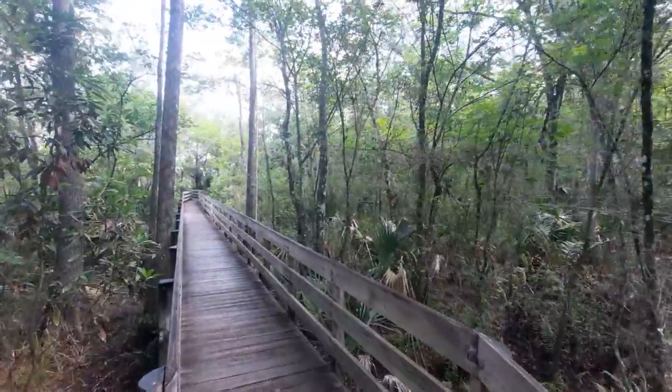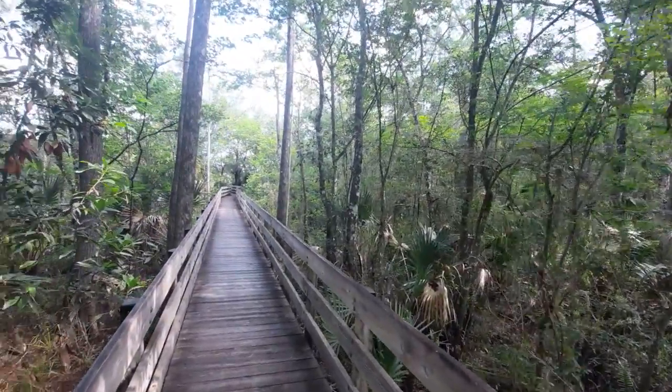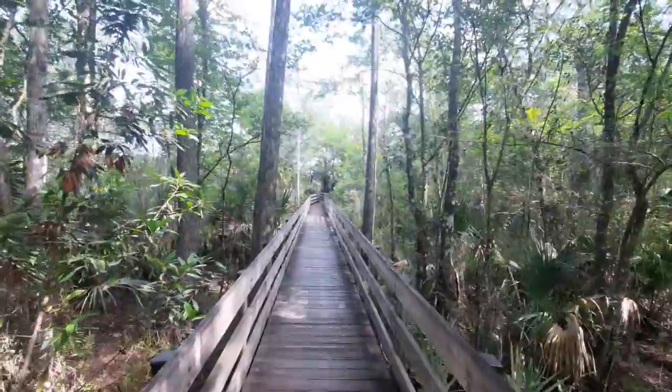It is Sunday, April 17th, 2022, and today I'm out for a revisit at the 6 Mile Cypress Slough. It's been a good long while since my last visit over here. The 6 Mile Cypress Slough is located down in Fort Myers, Florida, so you figure we're now a little further south from where I actually live. So with that being said,